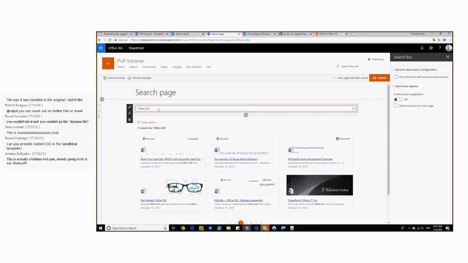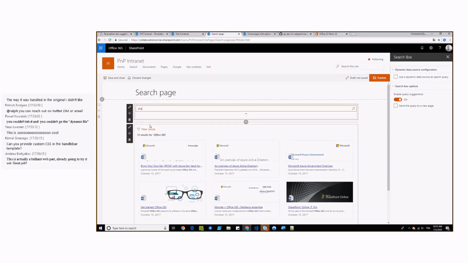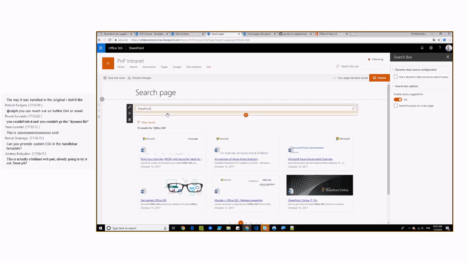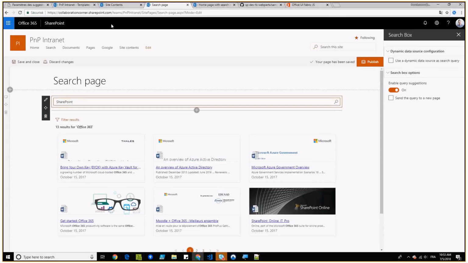Another cool feature I have added to the search box is the query suggestion. Let's say you want to provide suggestions to your users. You can just enable the suggestions, and then you have the suggestions. Those values are coming from the global search configuration. For those who don't know, you can add new values